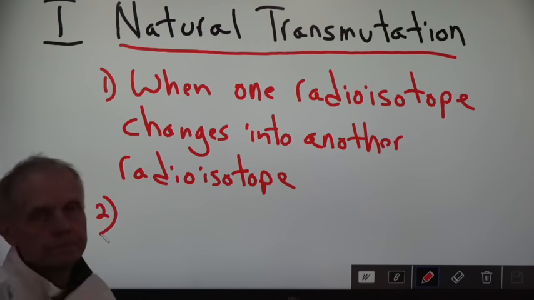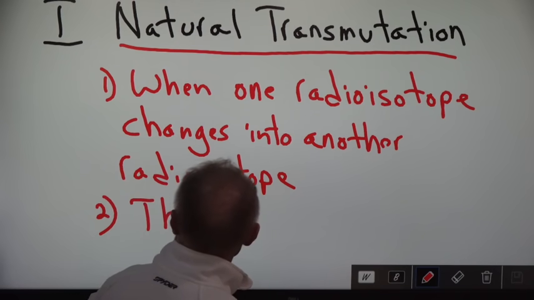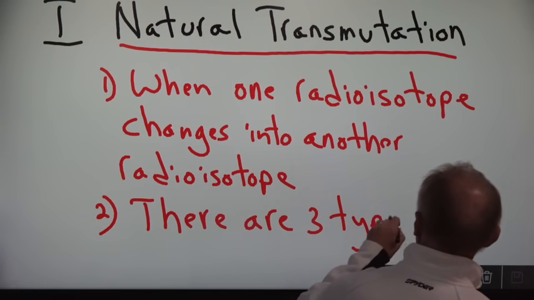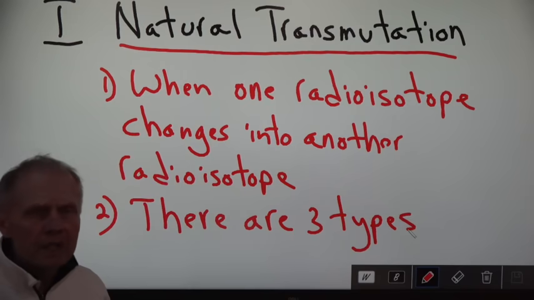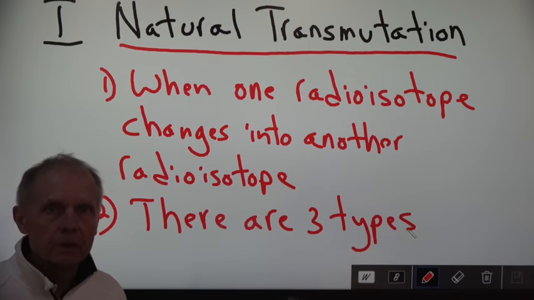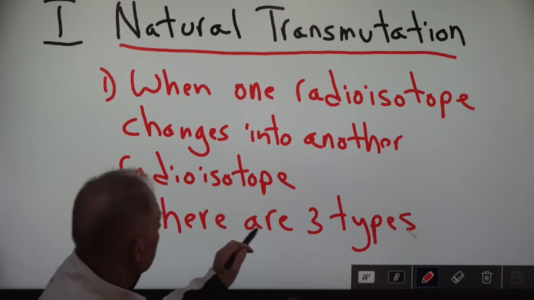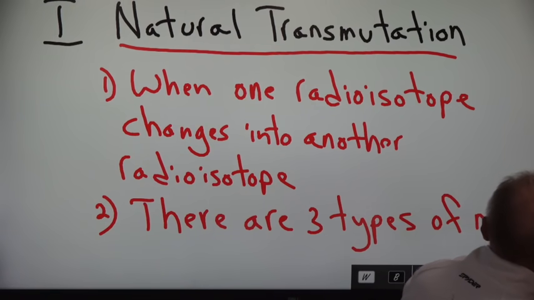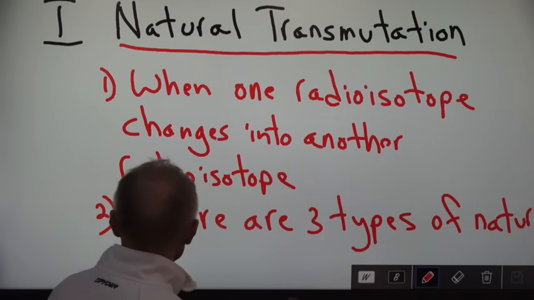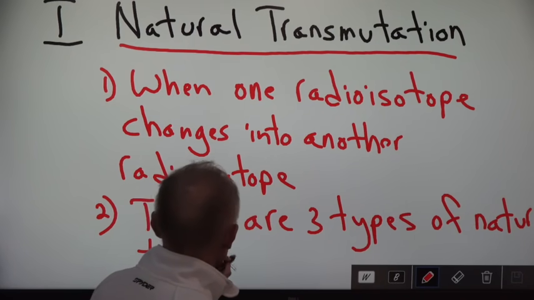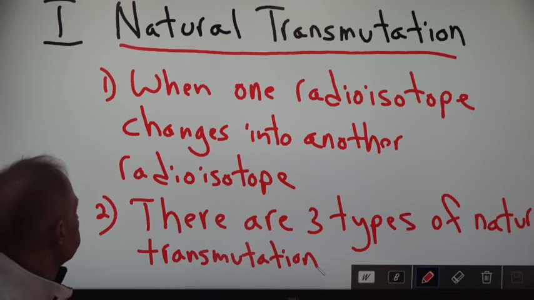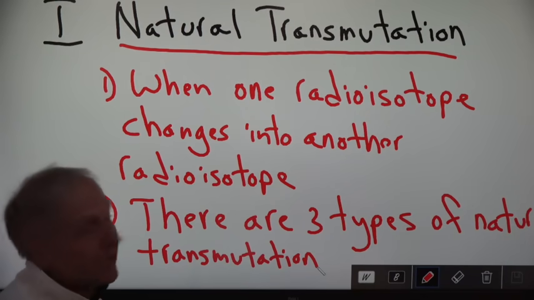For number 2, there are 3 types of natural transmutation. That's what I want you to write down. There are 3 types of natural transmutation. Okay? Now,